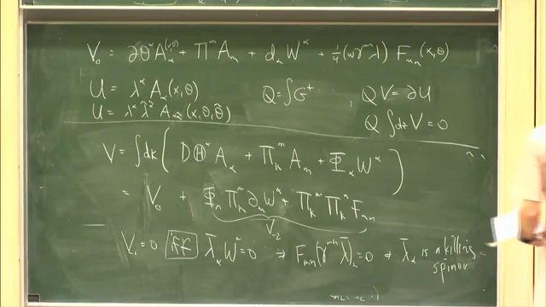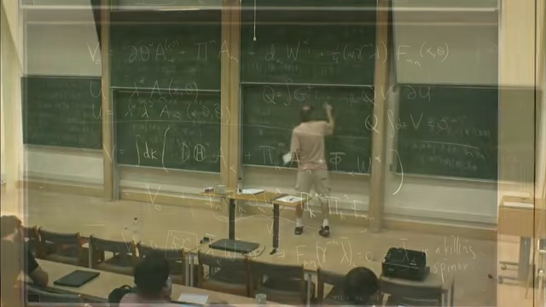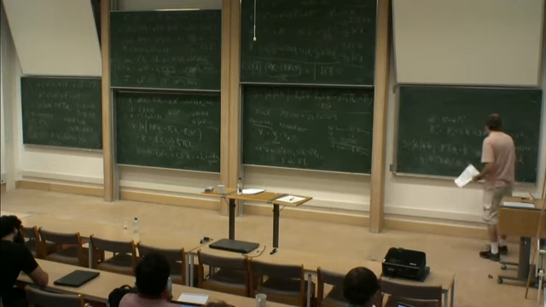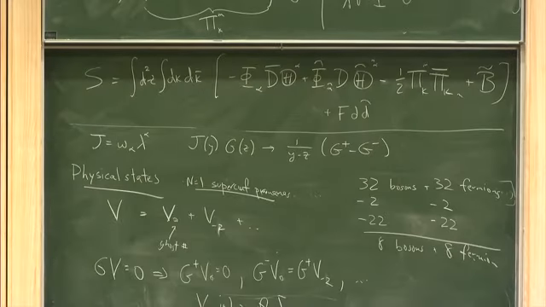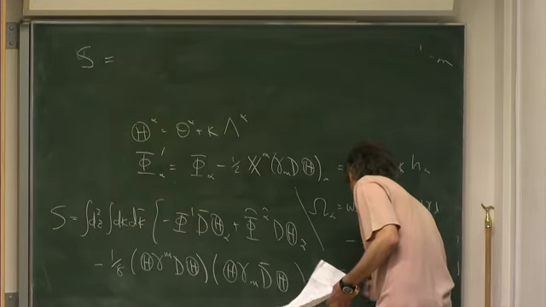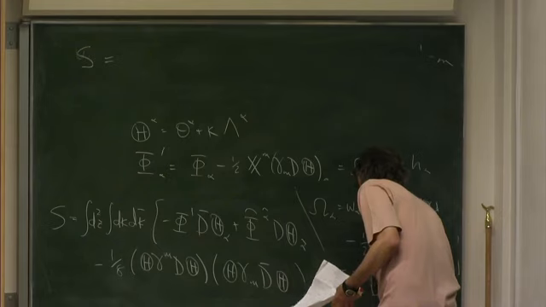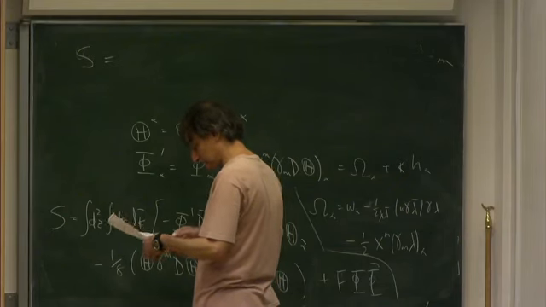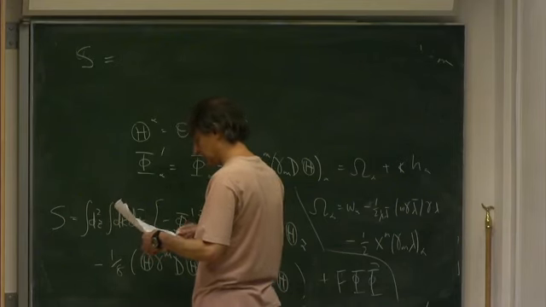I guess I erased it. There's a term of the type F d g, which in this language is F phi phi. And then you can integrate out phi from this expression, and you get an action just in terms of the thetas, and the action is very simple. It's